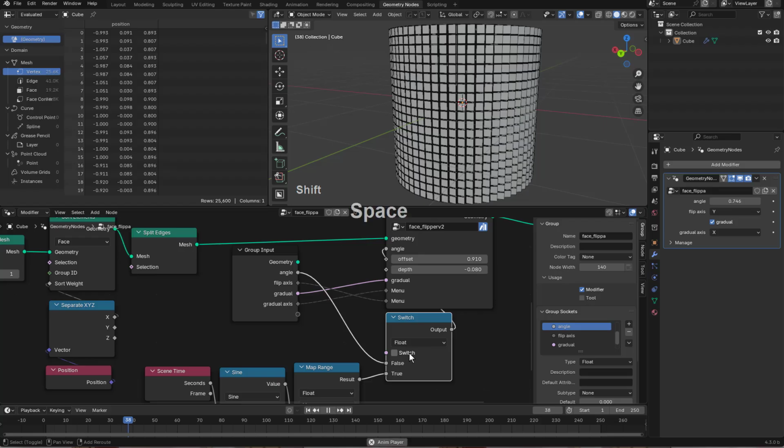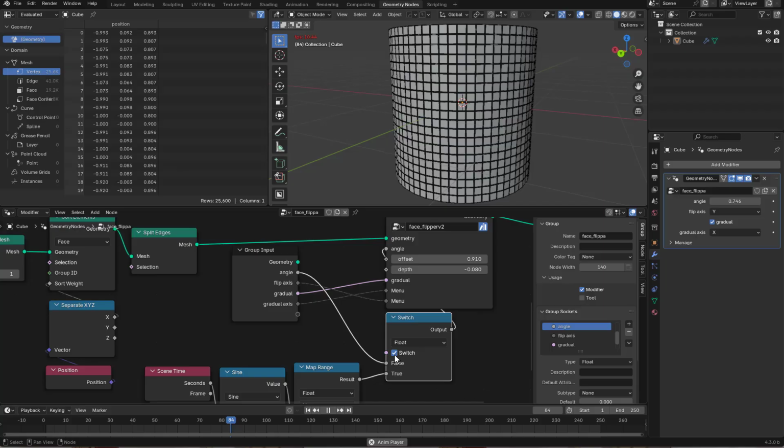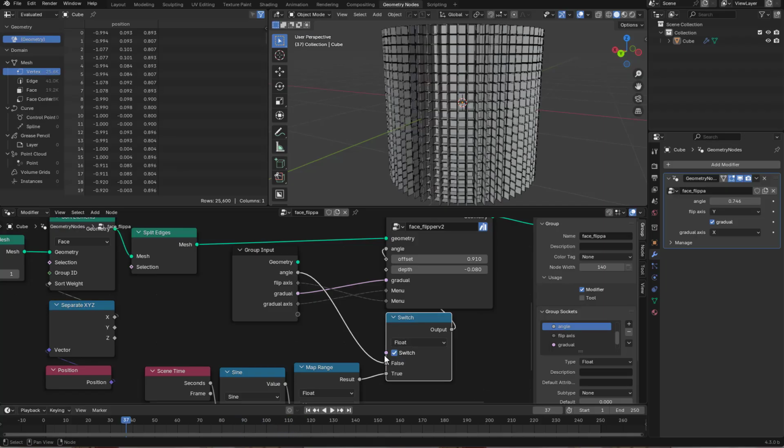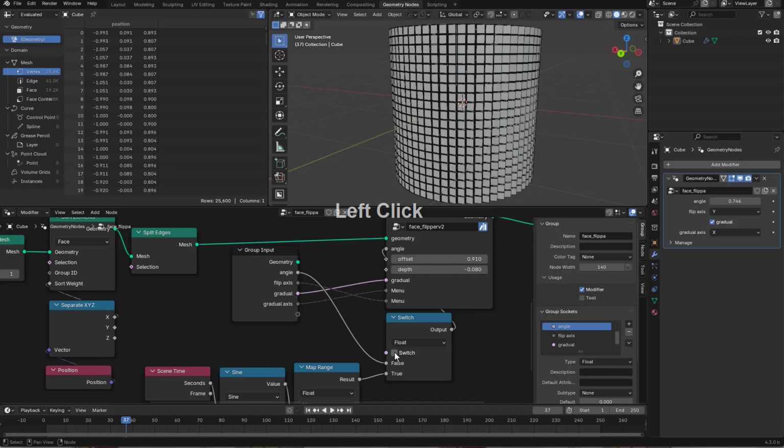I don't even think this makes sense. Do we want angle to mean also not angle? I mean, angle basically should always mean angle. You know what? We'll